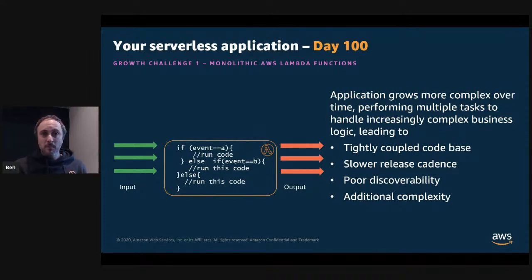Well, as more and more features are required and applied to this one Lambda function, the development teams are finding it harder and harder to decouple one request from another. They have to ensure that for every update or release, it doesn't cause any breaking changes in previous releases. This is starting to slow down the release cadence, and it's adding more and more complexity to this one Lambda function, because it now contains internal routing to handle each request.